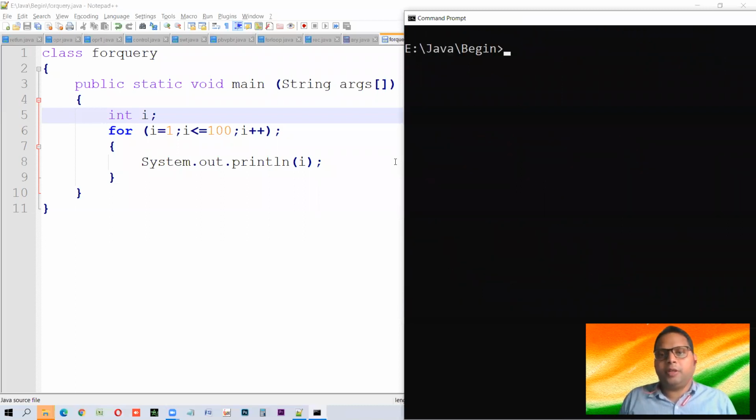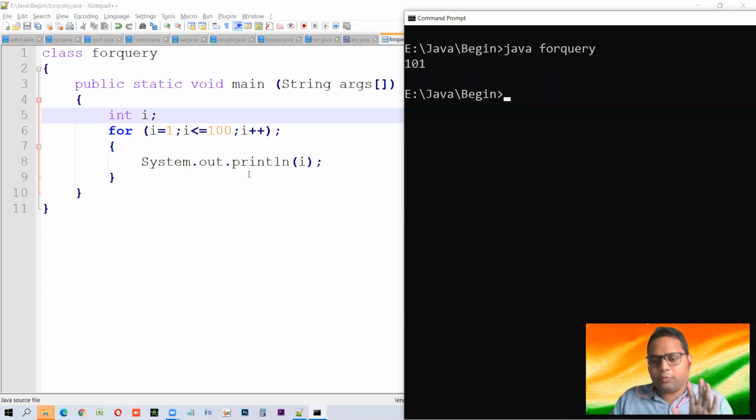This time, no problem. Now, what you are expecting and what it will give you, let us see. It gives 100 or 101. Why so? Let us try to understand it. This is a very good quality of query. This is a very common mistake every novice user, new user does.